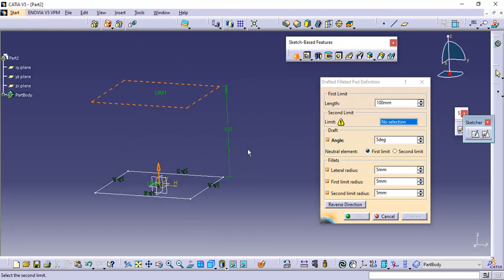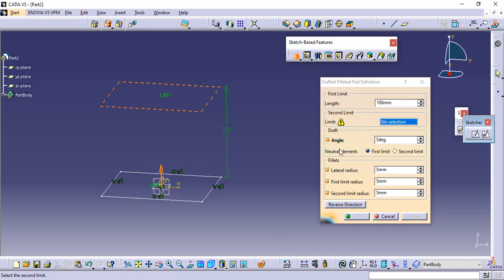Here we have one more option, like limit 1 and limit 2. Here you can see the neutral alignment, which face you want to make neutral, meaning we have a draft angle of 5 degrees, which means it will get drafted at 5 degrees. So I want the limit 1, the top one, to be neutral, like the dimension I gave in the Sketcher workbench should remain as it is, and the limit 2, the bottom surface, gets drafted at a 5 degree